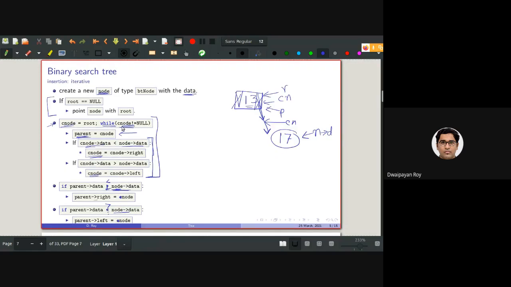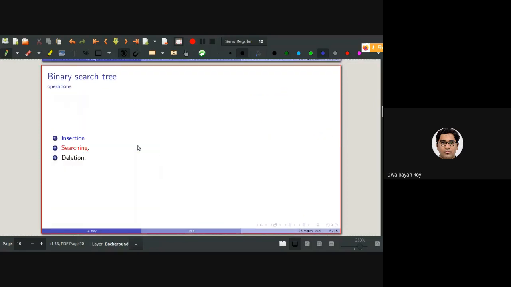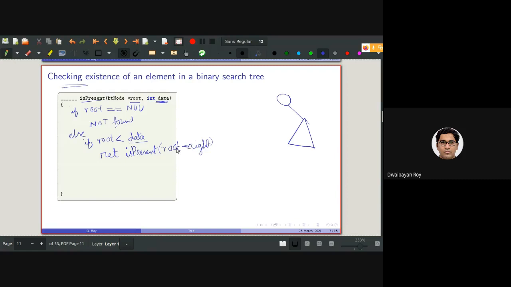Based on that as well, I need to call the isPresent function with the right. That means this data is present somewhere in this right subtree, but I haven't encountered it yet. So I need to call isPresent with root right, and I also need to pass the data.